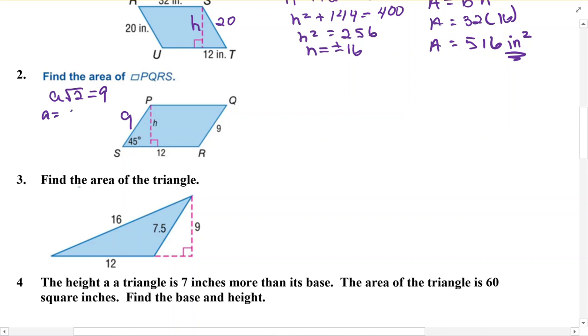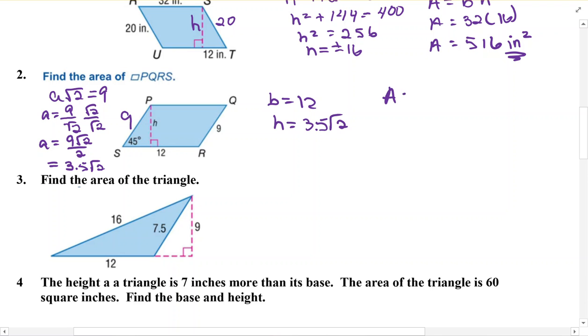So a equals 9 divided by rad 2, multiply top and bottom by rad 2, and we have that a equals 9 rad 2 over 2, which is 4.5 rad 2. So we have that the base is 12,